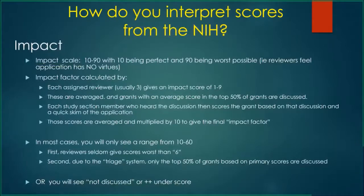Now, how do you go from 1 to 9 to 10 to 90? Grants are usually assigned 3 reviewers, and each reviewer will give the grant an impact score of 1 to 9. Now, for CTR reviews, all of the grants are discussed, in front of all of the reviewers assigned to all of the grants. So I believe, if I remember correctly, the last CTR review, there were 15 or 20 people who were assigned